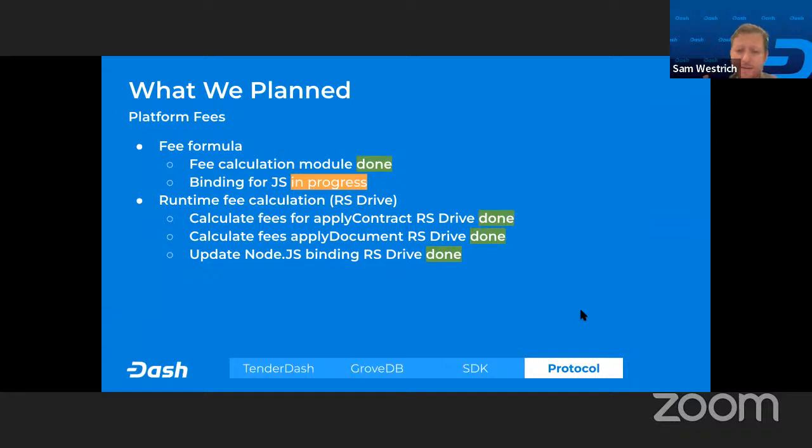I talked about this, or somebody had talked about this, I think Paul actually, a few weeks ago, that there are two components to fees. There's the storage part that gets distributed over a long time, and then there's the processing part that gets distributed pretty much immediately,